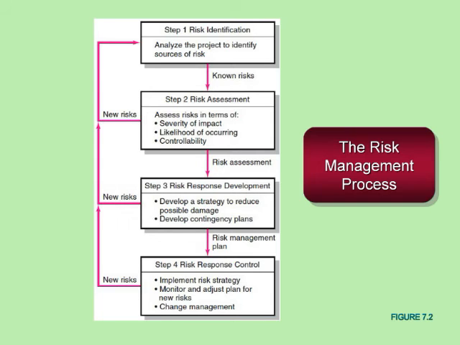We'll loop back, we'll identify some new risks. For the ones that we've been able to do the assessment on, we'll go ahead and figure out a response. And in that response, we'll either figure out a way to reduce the possibility of that occurring, or if it does occur or something we're willing to accept that might occur, what are the plans in place if in fact that risk event does occur. We'll loop back, figure out some new risks, and then for those that we've developed a response for, we'll develop a way to control those responses.